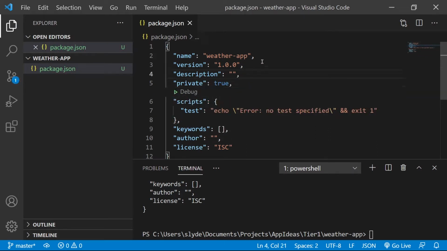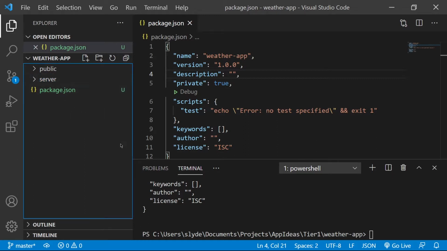And then one of the things I want to do is organize my app a little bit. So I'll create a public folder, and then I'll create a server folder. We'll be creating a very basic Express app, and the need for that is because we won't be able to actually make cross-origin calls in the browser because of the same origin policy that the browser protects you with. And it'd be nice if we can just simply use fetch from the browser, but since we're running on localhost and the API is running on a different origin, we can't do that. So we'll be making requests from our own very basic server.